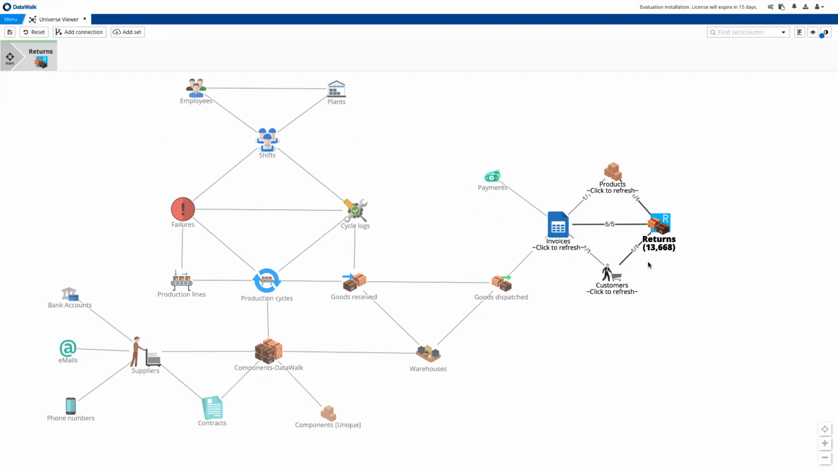We can easily generate complex queries simply by traversing the Universe Viewer and applying filters to both data sets and the connections between data sets. Based on patented technology, the Universe Viewer is a no-code interface such that no expertise is required in SQL or a programming language. To begin the query, we start by selecting our context, and in this case, we start from